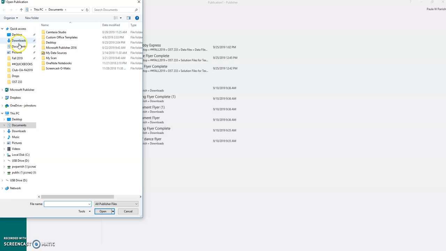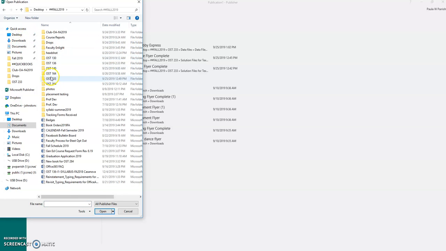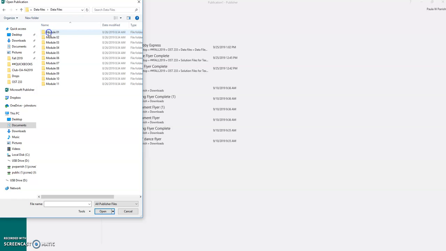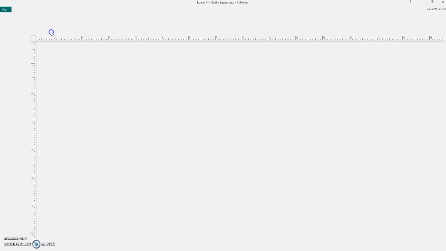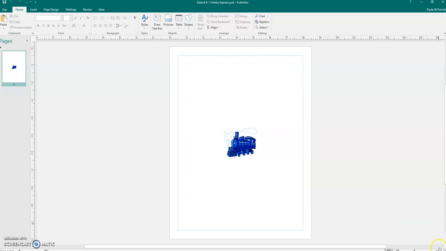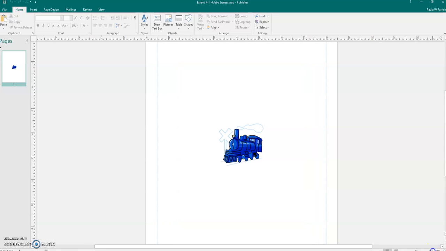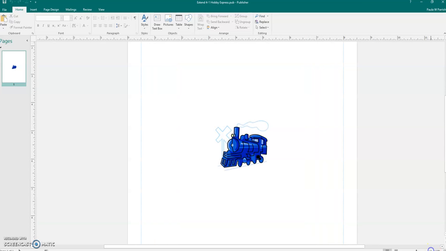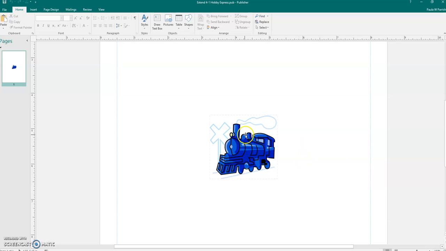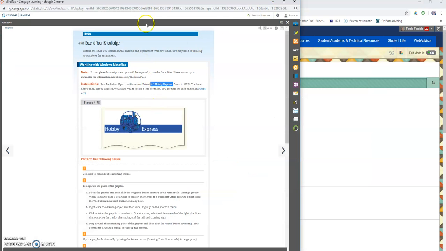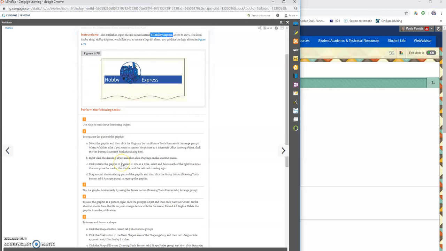I'm going to browse to where I have it located. And there it is. Okay, and I'm going to go ahead and zoom in to around 150 right here. Like that. Okay. So now the next thing that we need to do is, I'm going to try to minimize this. The next thing we need to do is, so